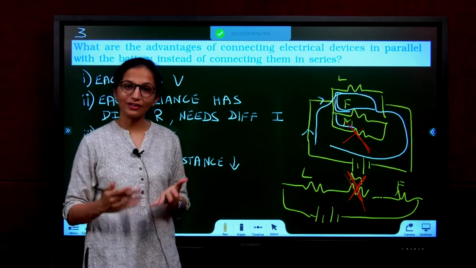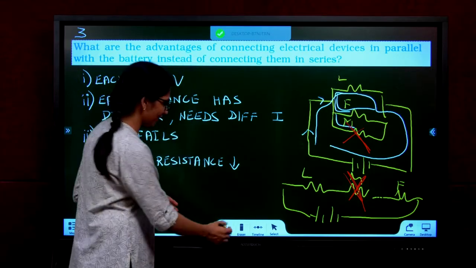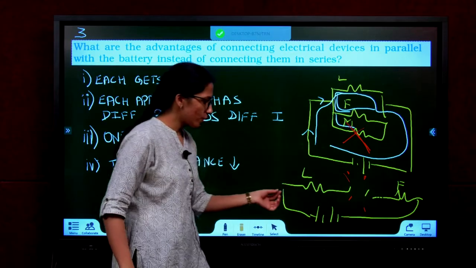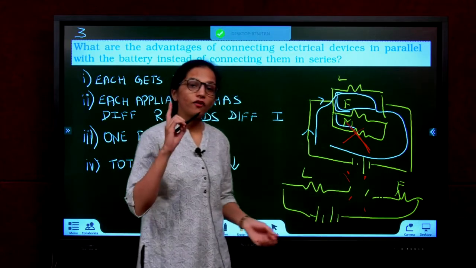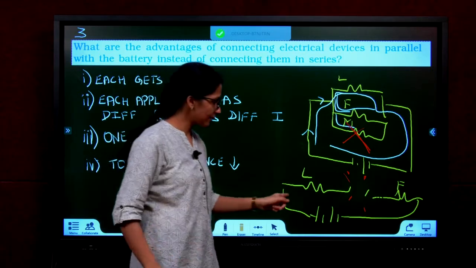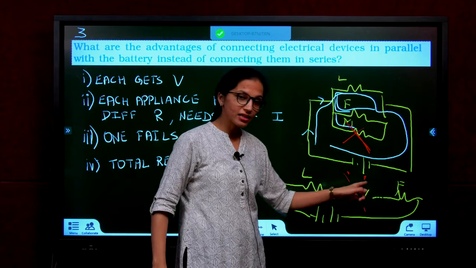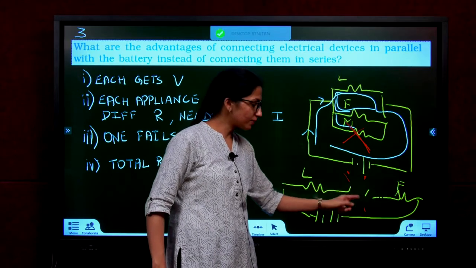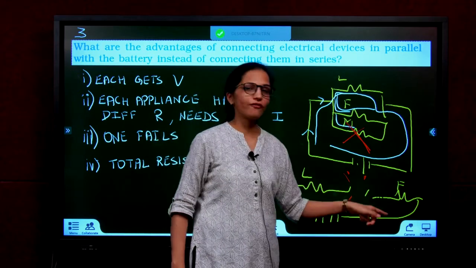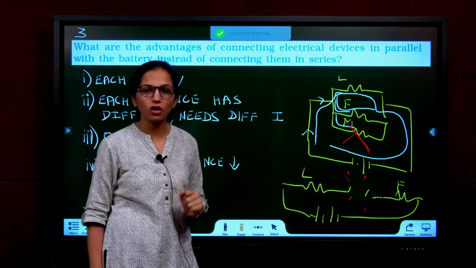But that is wrong. We already learned in the previous section that if mixer is broken, this circuit is broken. Will current flow? For a current to flow, it has to be a closed path. Is this closed? No. There is an opening here. It is a broken circuit. Current will not flow through light also, not through fan also. Your light and fan both will stop working.